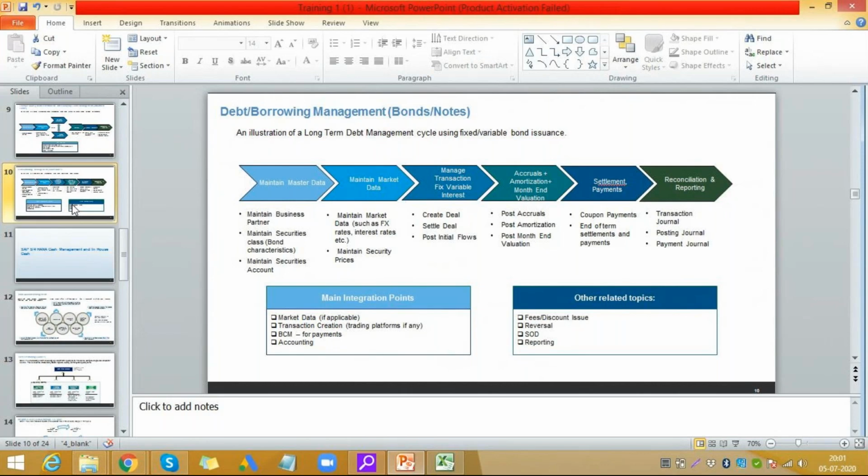So I'll issue a bond. When people buy this bond, they'll give me some money, and I'll give them some interest. It could be fixed rate, it could be variable interest, and based on that, I will get the money which I need today, and the person who is investing in my bonds will get the interest that he wants.